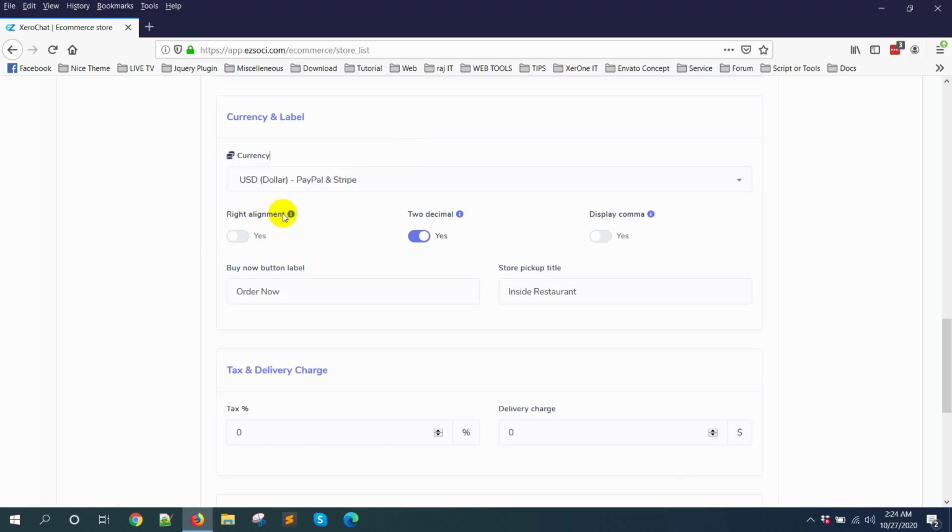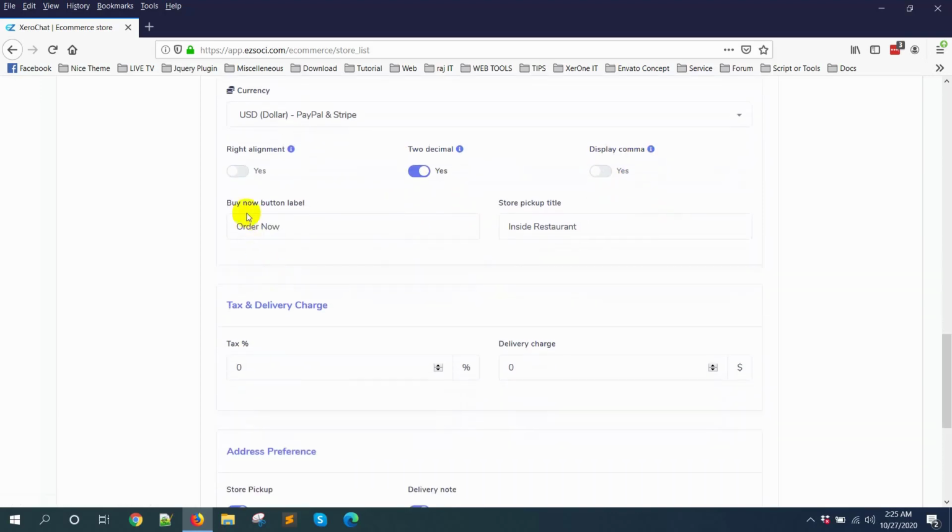So if you want to display the currency icon on the right side, you can just enable it this way. Two decimal points, if you want to show two decimal points like 25.99 or 25.00, you can enable it this way. Display comma.